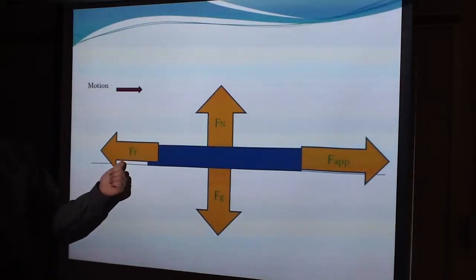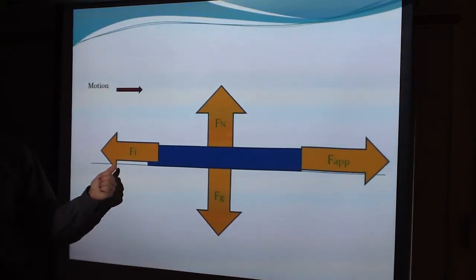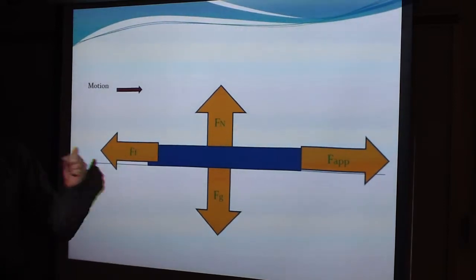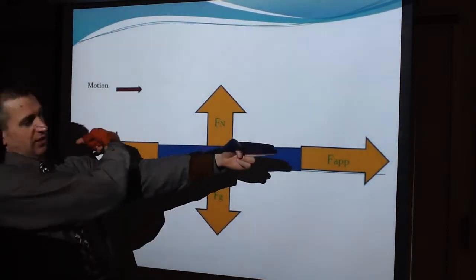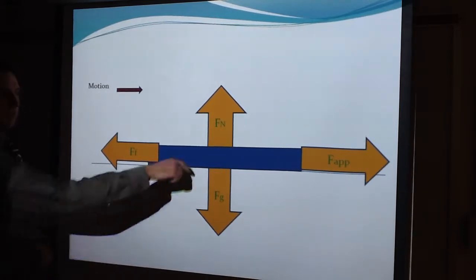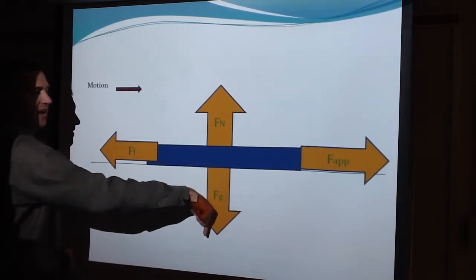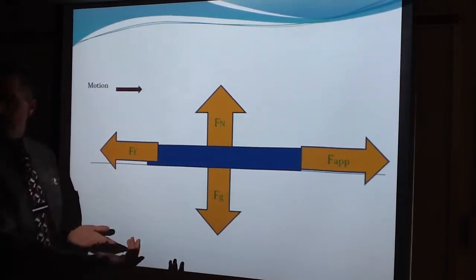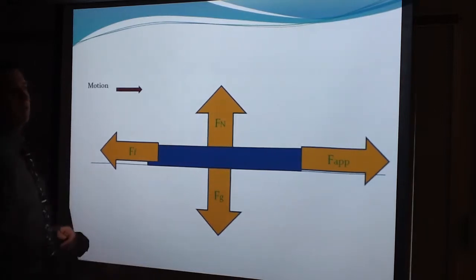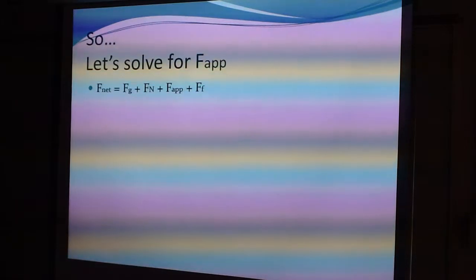But friction is always slowing me down, it's always dragging. So that would be to the left, because if the book's trying to go this way, then friction is the opposite way. The book has weight, so it's pushing down, but the table is holding the book up, so that's the normal force. And now I could ask the question, well,